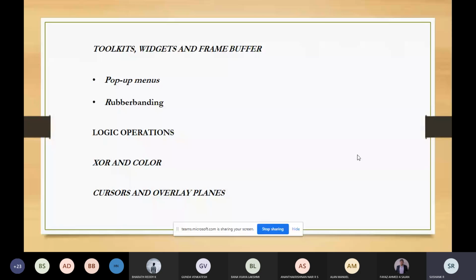So we have 8 bits like this, we have 8 bits like this. Similarly we'll have it for the green, and similarly for blue. So now we are adding one extra bit which is taken through the support of hardware. So here what we are doing is adding the overlay planes, one for the red color, one for the blue color, and one for the green color.